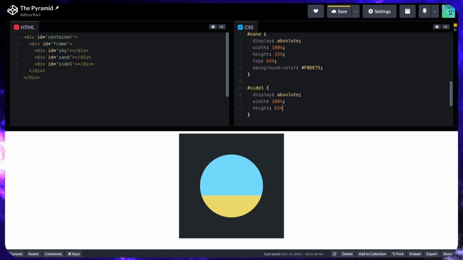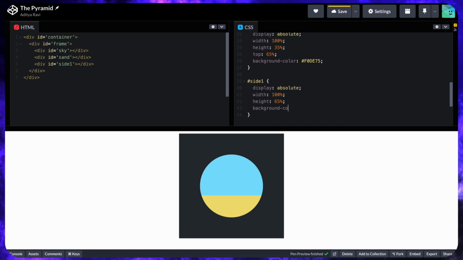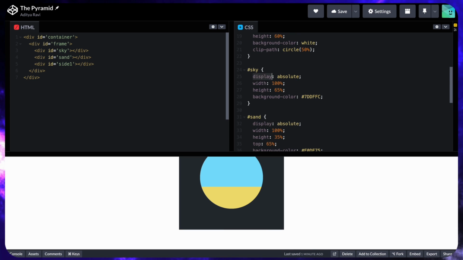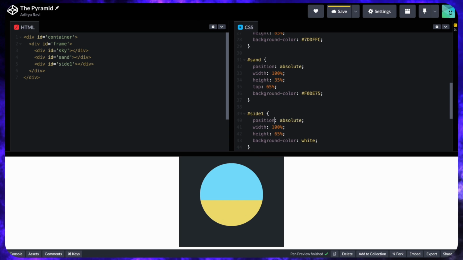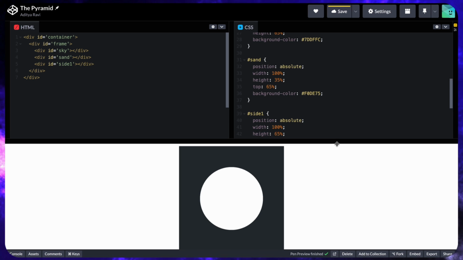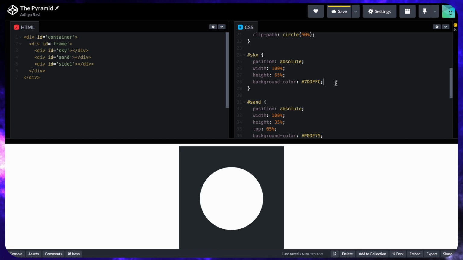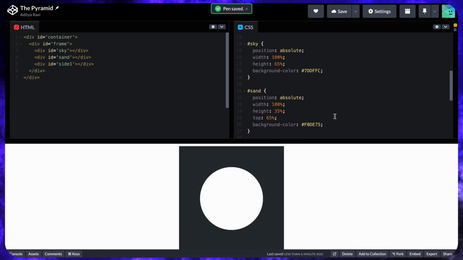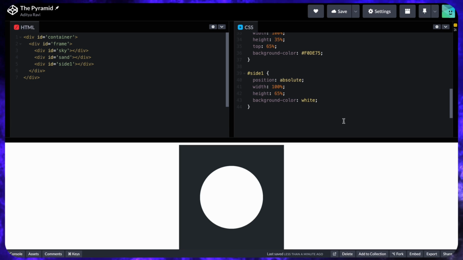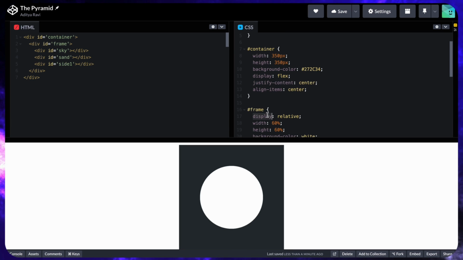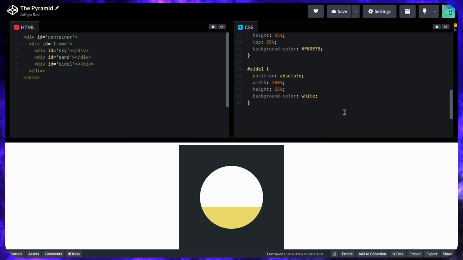So let me actually see if this side has been correctly overlaid onto the sky, and if I set the background to white, we do not see this div at all. Okay, so after doing a bit of debugging, it turns out that I made a very silly mistake, which is I used display absolute instead of position absolute to define the absolute positioning of the divs, and setting display to absolute isn't valid CSS, so it didn't actually do anything. And it turns out that I also need to use position relative on the frame as well instead of display relative. But after doing that, you can see that the div representing the first side of the triangle has overlaid